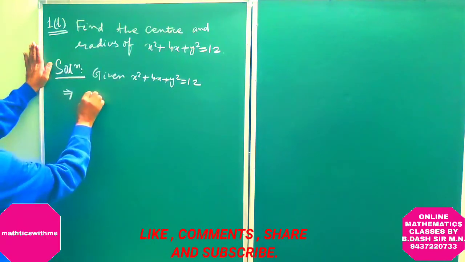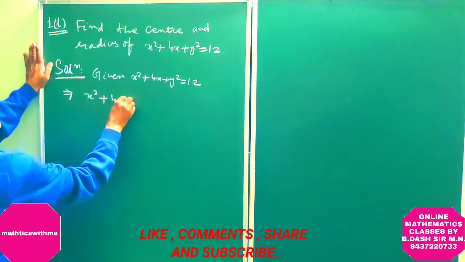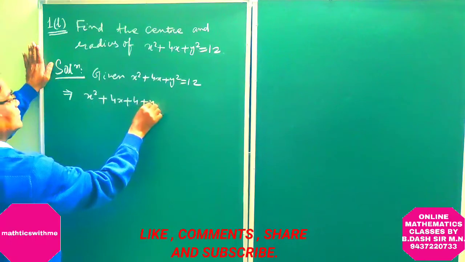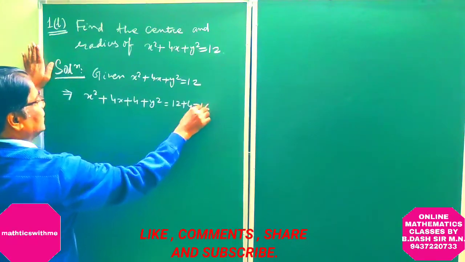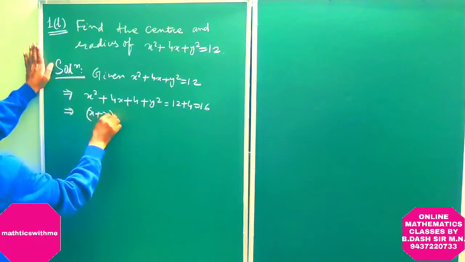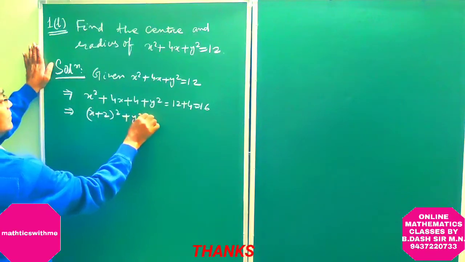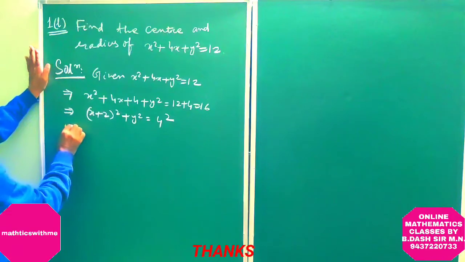This implies x square plus 4x plus 4 plus y square is equal to 12 plus 4 is equal to 16. This implies (x plus 2) whole square plus y square is equal to 4 square, which